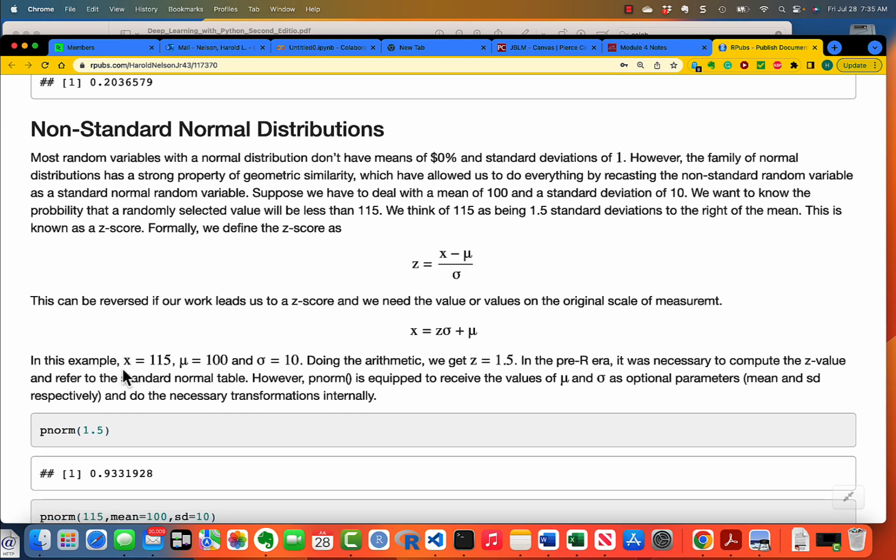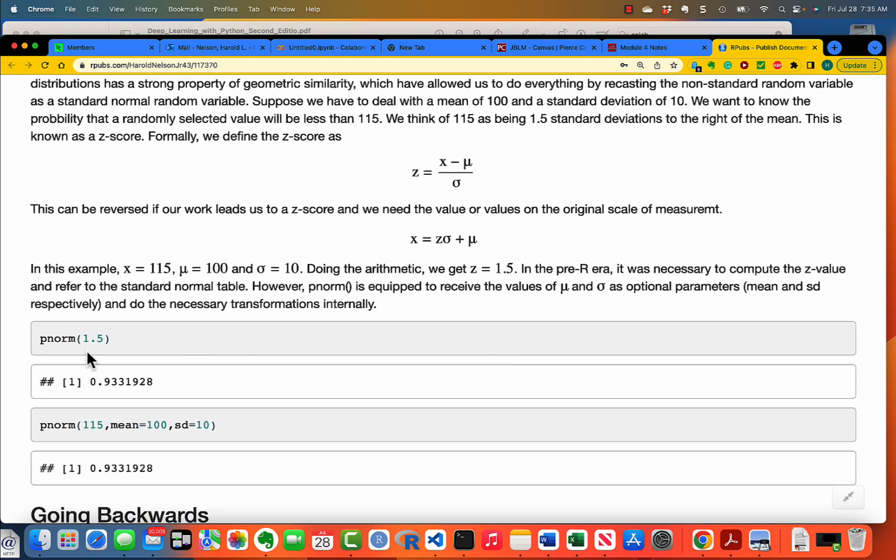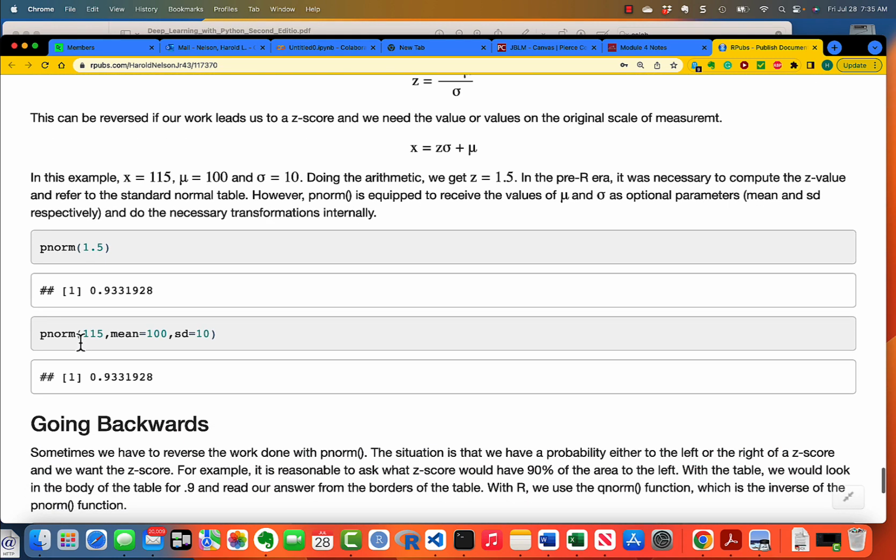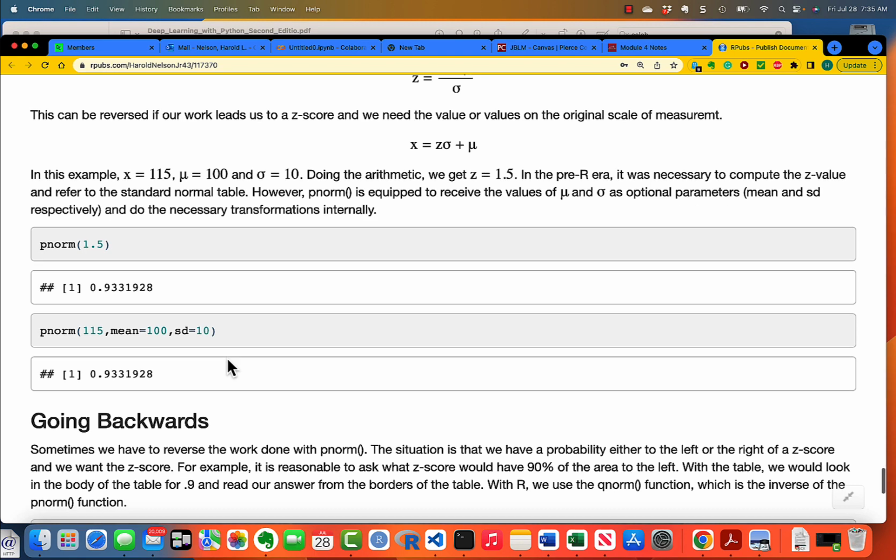So here's an example. If I have a mean of 100 and a standard deviation of 10, and I have an x value of 115, when you do a z-score, you get 1.5. And what we would do is go back and calculate the pnorm of 1.5. Actually, in the modern era with computers, we take the pnorm of 115 and just specify that the mean is 100 and the standard deviation is 10. Going backwards,